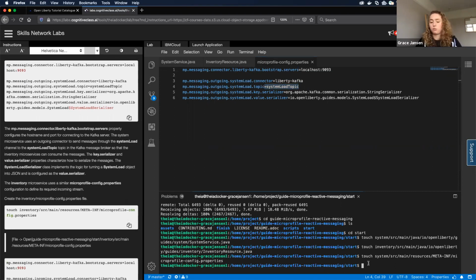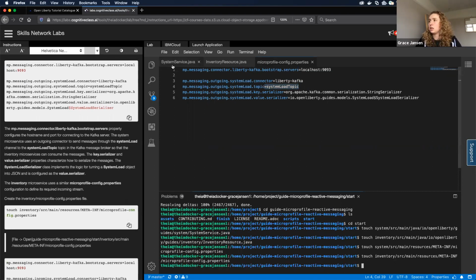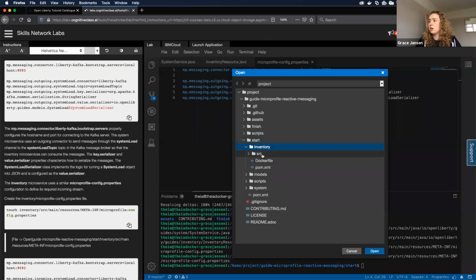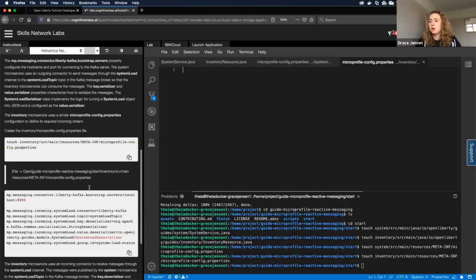So now that we've created the system MicroProfile config properties file, we need to create the inventory one too. So if we do that command, again, just click enter and find it in your file system. So guide MicroProfile, start, inventory, SRC, main. Again, this time we're going to resources, meta-inf, and then MicroProfile config.properties. Again, should be empty, but if we copy this in